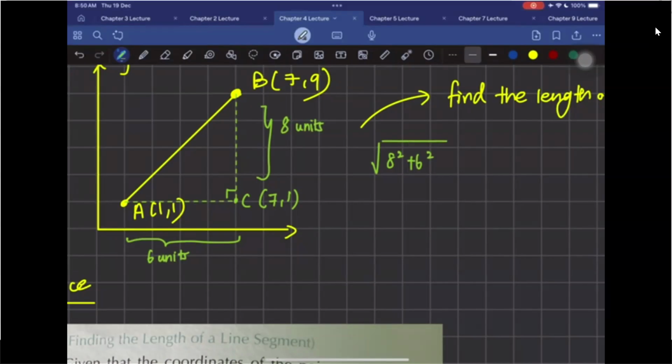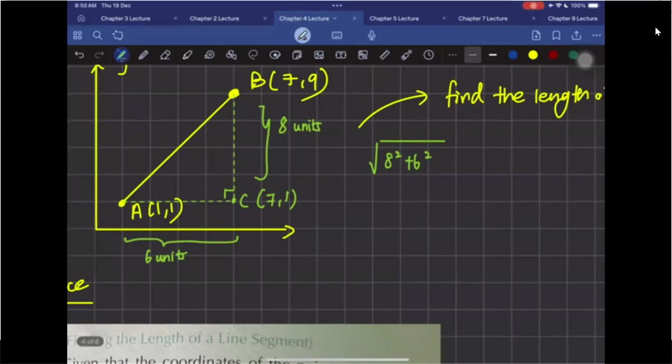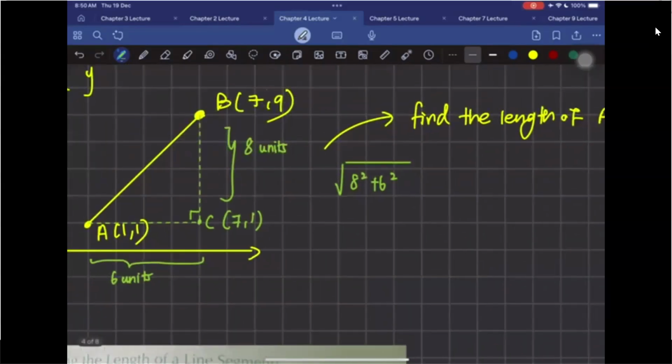Okay, so essentially this is the concept of the formula, but you realize how I had to calculate this 8 units and 6 units, right? So all this are actually depicted in one formula, and that formula would be